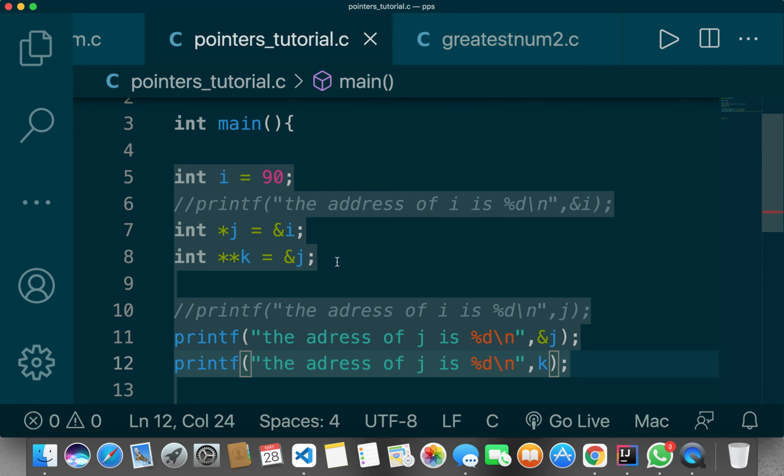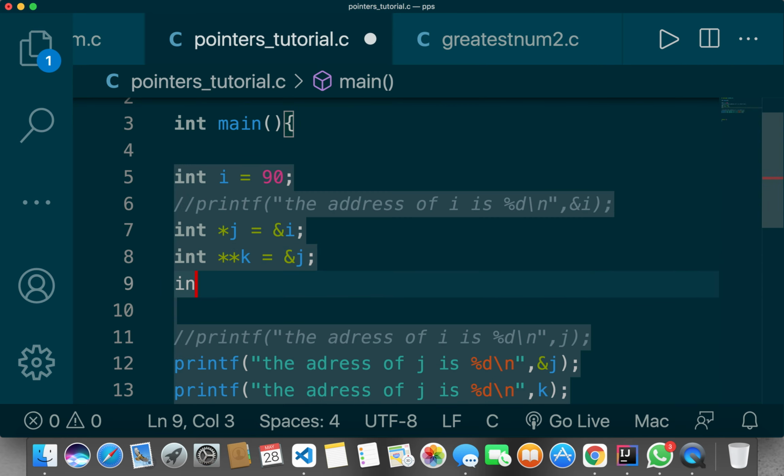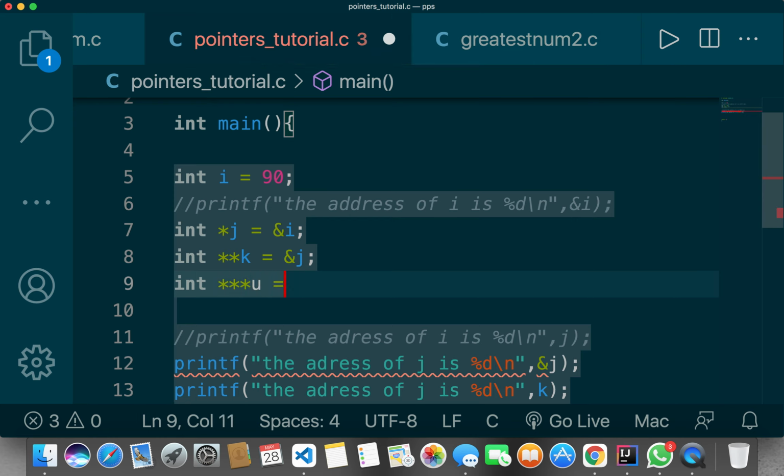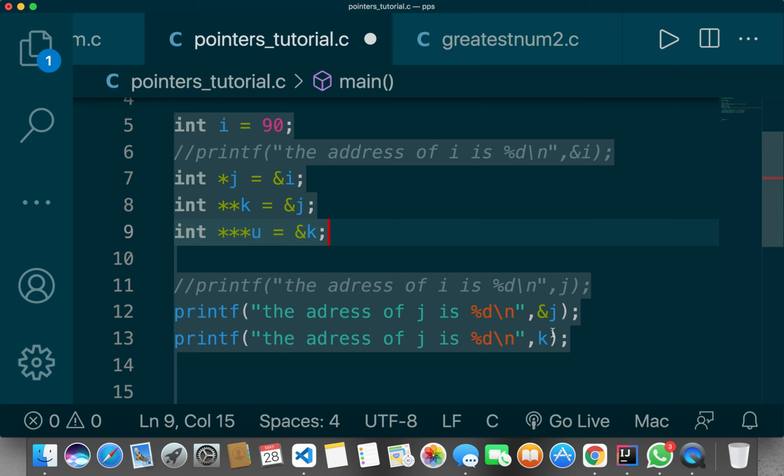You can even store the address of k in yet another pointer. u is equal to &k. That's it, we're done. Let's try this one as well. Address of k, and let's use u here.